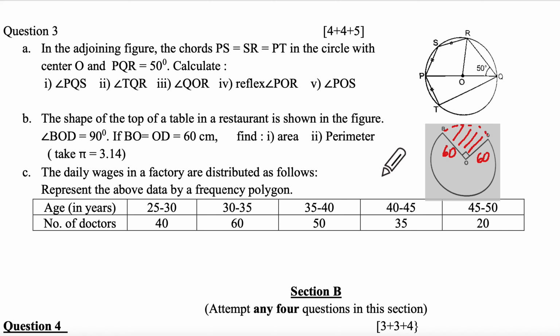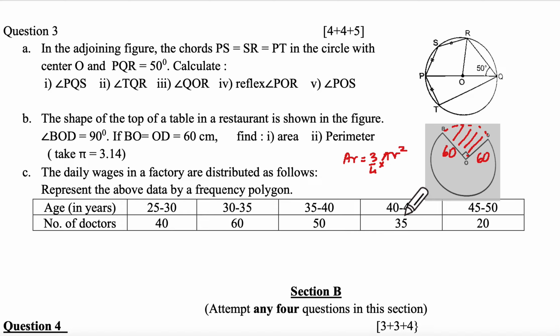Find the area of the table. The area of the table will be 3/4 circle, correct? Understanding? Yes, ma'am. So area is going to be pi r square, but 3/4 of it, because this 1/4